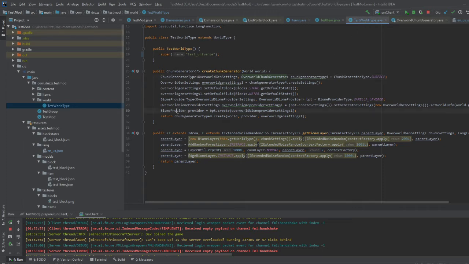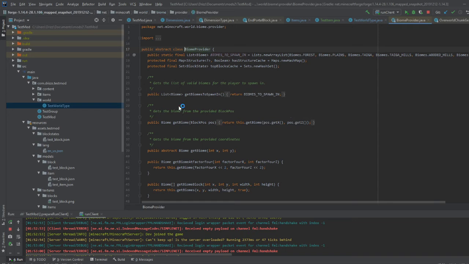The easiest one to show you is the biome provider. Biome provider has a list, so if you want to change this list, all you would do is create your own biome provider. You can just extend it, and from there, get your own list. From this, get biomes to spawn in, and then spawn your own unique biomes or your own set of biomes. If that's the only thing you want to change, and you want all the noise to be the same and everything controlled the same, then all you really have to do is change this,